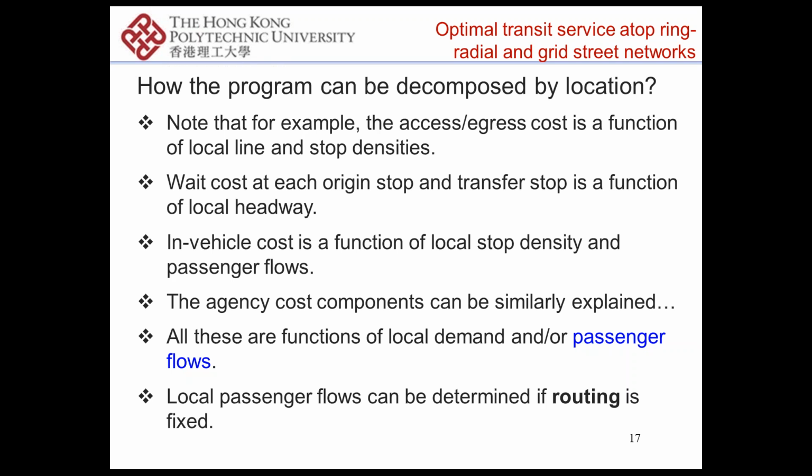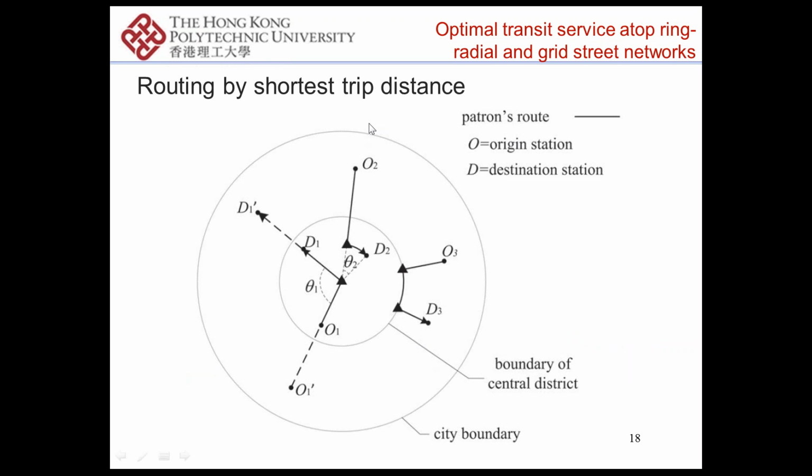So the question is whether local passenger flows can be a function of X only. And here we say local passenger flows can be determined if the routing rule is fixed. So this is an assumption we're going to make. We assume the routing rules are fixed, and we assume the routing is determined by the shortest trip distance. So still take the ring-radial network as an example. What we see here is three different types of OD pairs. If we look at the first one,